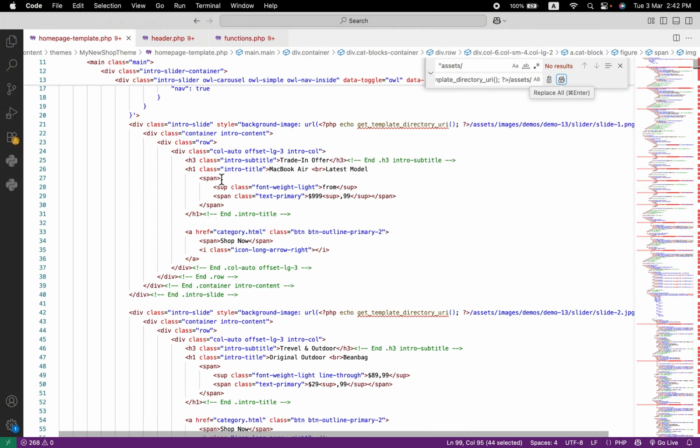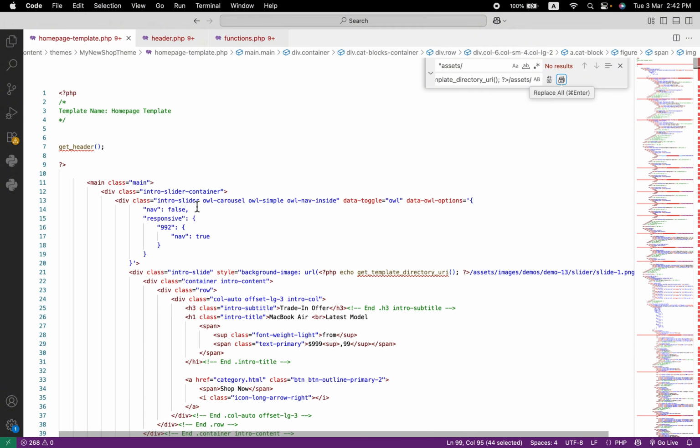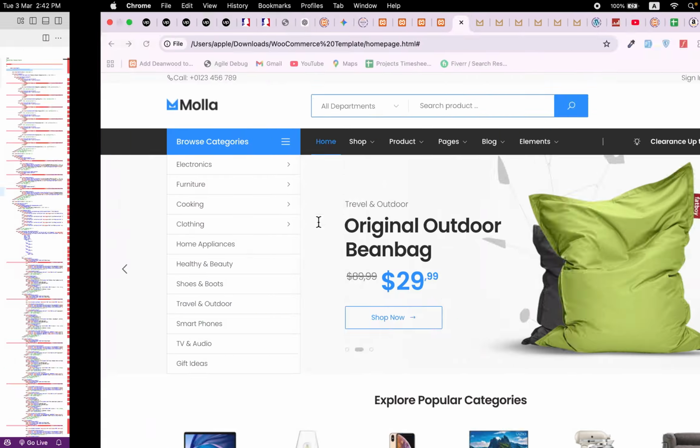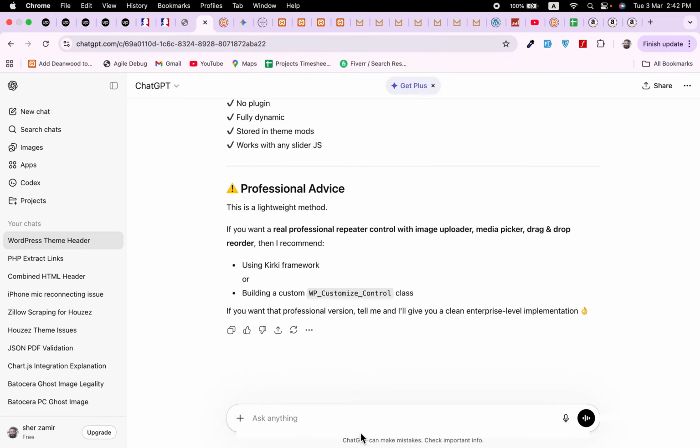On the homepage template, let's choose the whole slider here, copy the slider code, and ask ChatGPT,